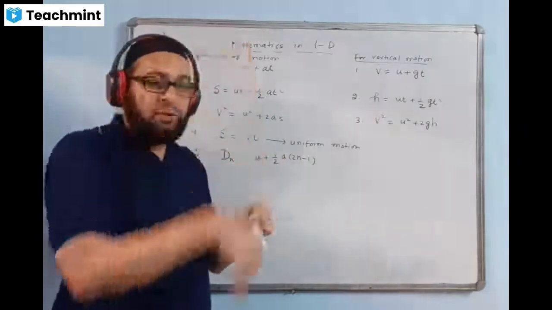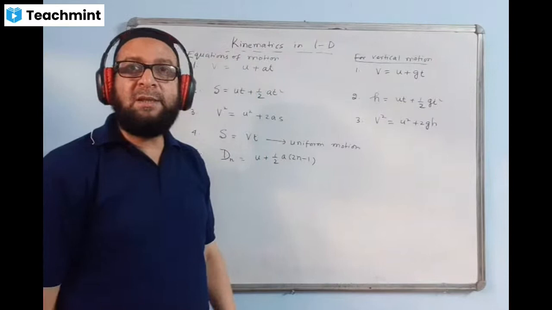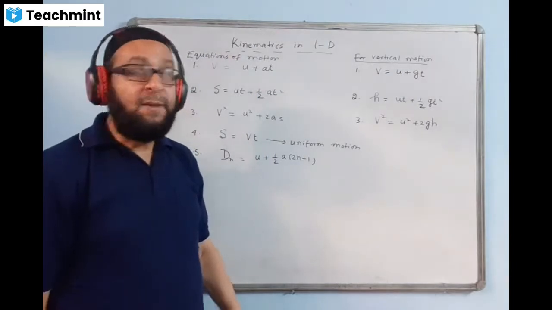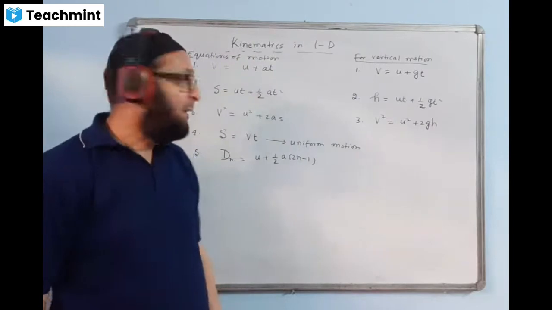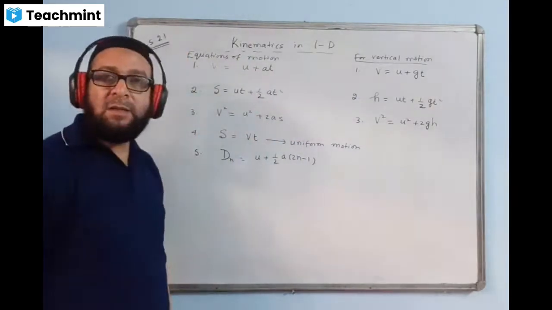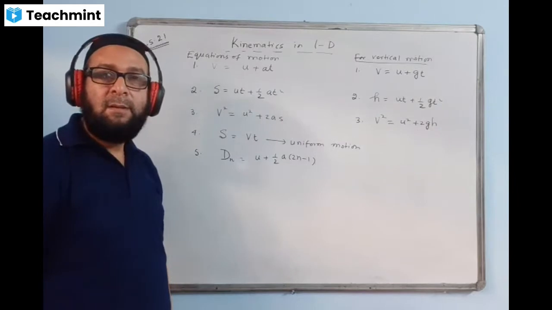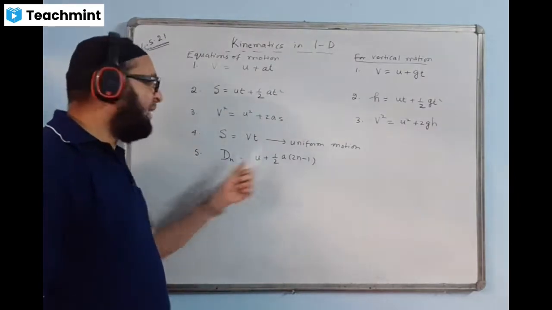And when the body goes down, the velocity keeps on increasing. The velocity is never constant. That means the motion is never uniform. Vertical motion is never uniform. That's why formula number 4 is not possible there, or does not exist. Somebody said that, it is a good reason. Okay, formula number 5 will exist here also.